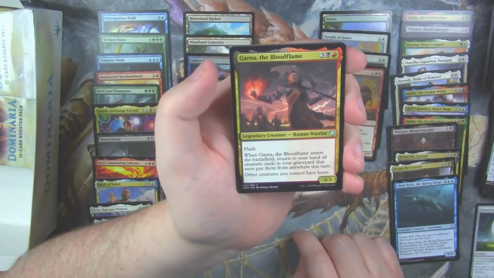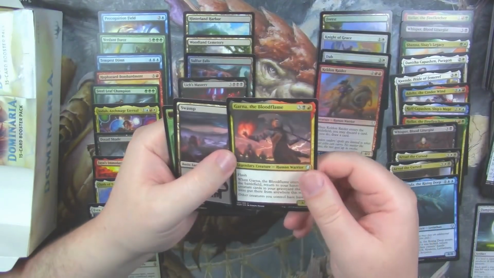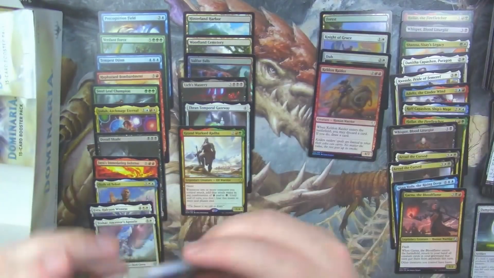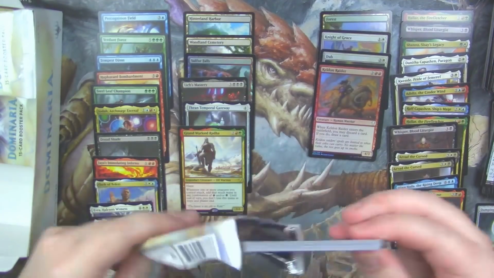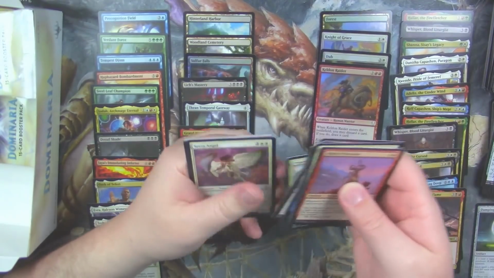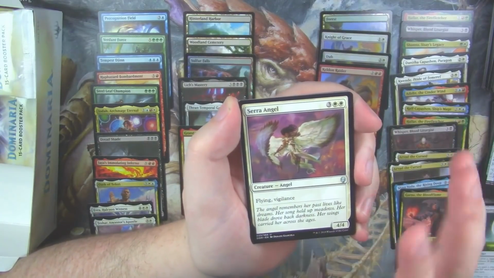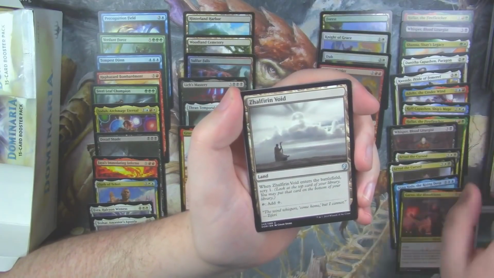It's so weird that there's so many cards behind the rare in these sets. We got a Garna, the Bloodflame. Seems like a pretty cool card, too. I had that card in my pre-release kit. I just didn't have enough good red cards to make it work out the way I wanted it to. And by that, I don't necessarily mean good red cards. I had good red cards. I just didn't have the right mix of red and black to make a decent deck, in my opinion. Serra Angel, Zhalfirin